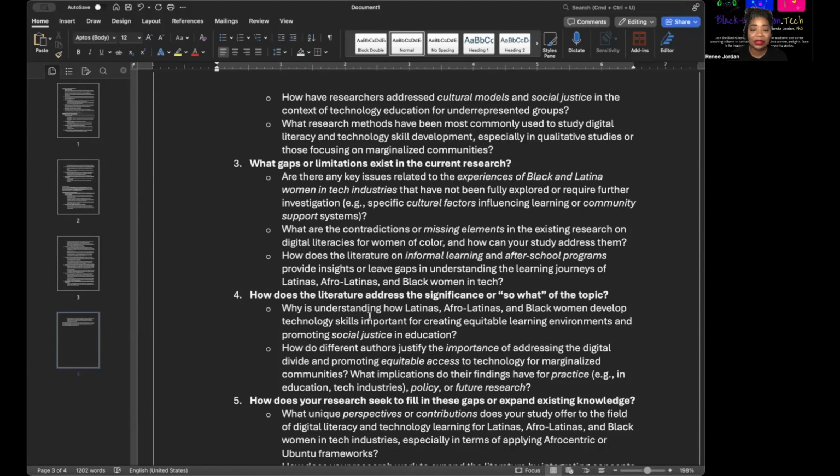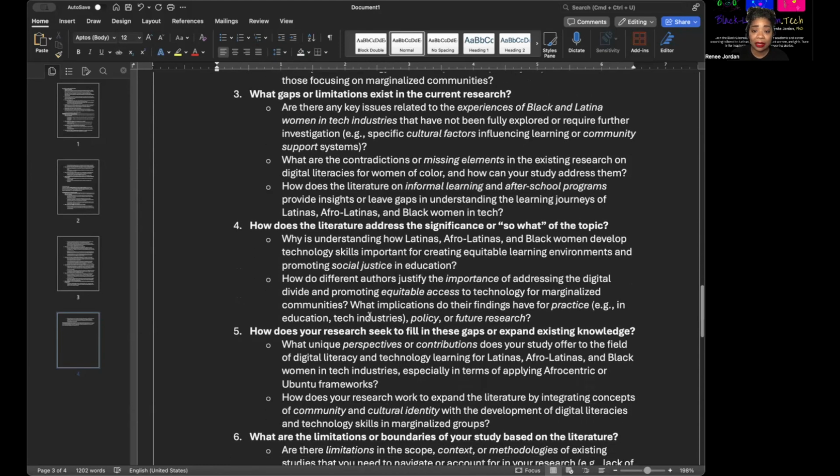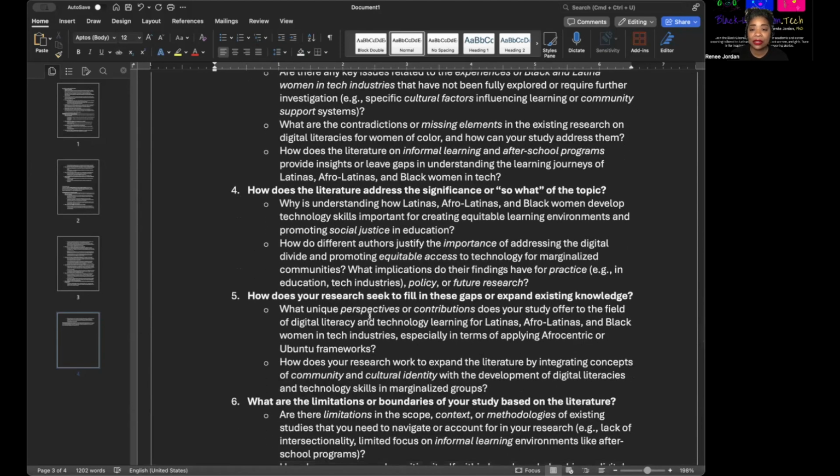What are the contradictions or missing elements in the existing research on digital literacies for women of color, and how can your study address them? How does the literature on informal learning and after-school programs provide insight or leave gaps in understanding the learning journeys of Latinas, Afro-Latinas, and Black women in tech?